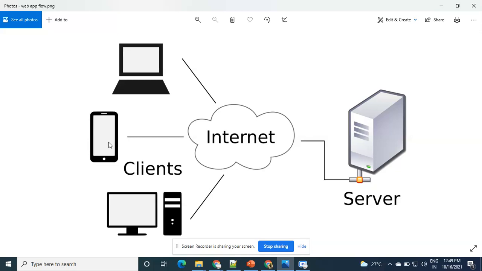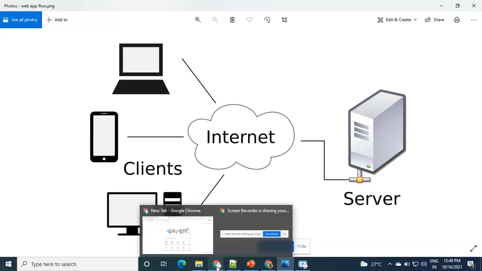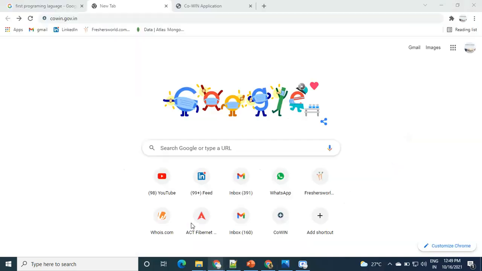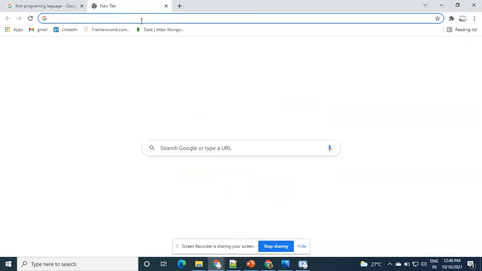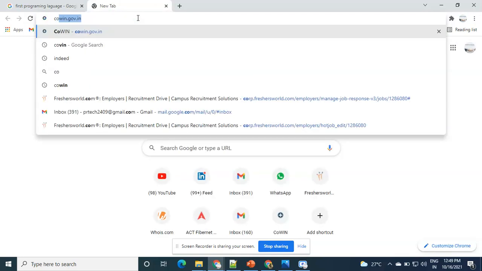any Android application. This is how the flow works. Okay, I just want to explain one real-time website so you understand better. Currently everyone is taking the corona vaccine. So let us assume covin,